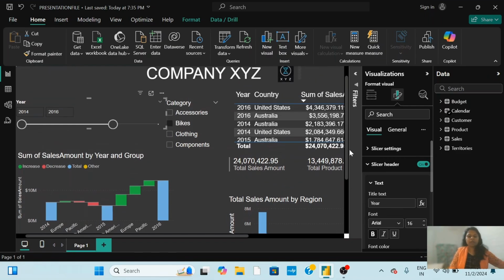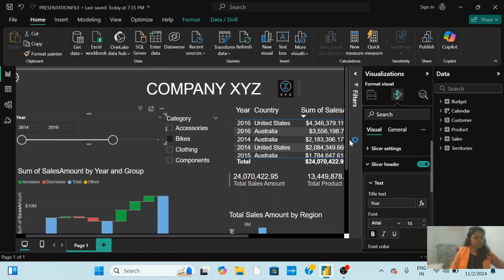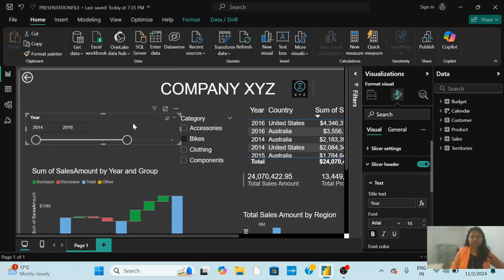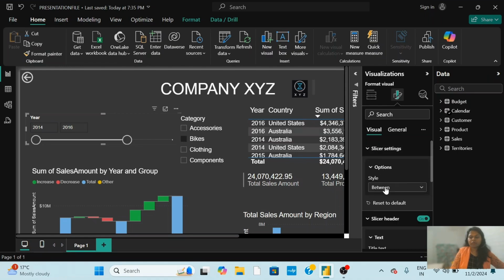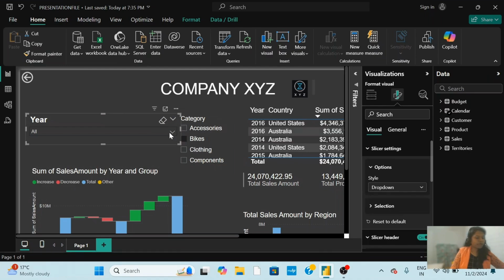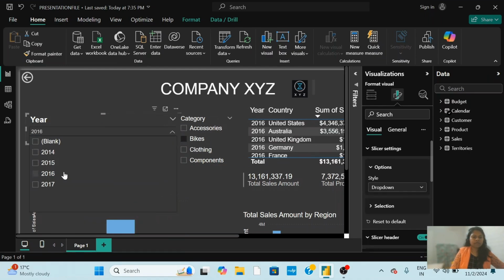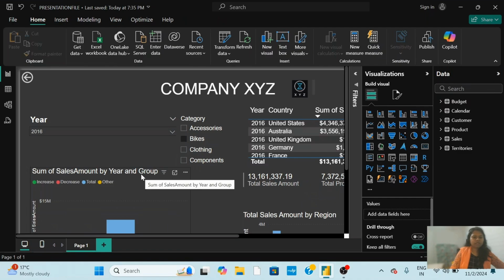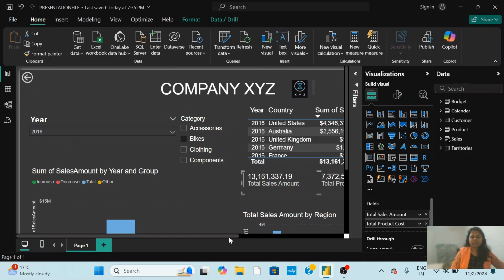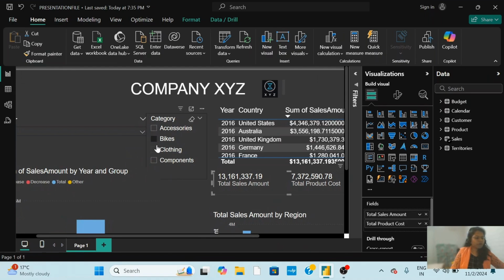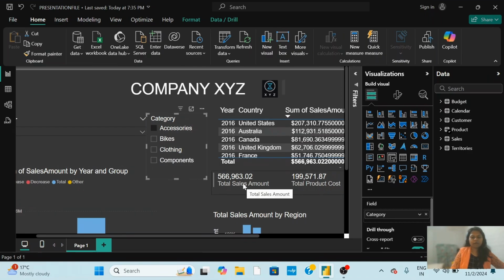To start with the report, the total sales amount of accessories in 2016. So for 2016, we need to have the slicer only as a drop down. So we will change the slicer settings to drop down, and we will select the year as 2016. On selecting the year 2016, we can see the total sales amount of 2016 is depicted and total product cost is also depicted for accessories. When we click accessories, the data will be according to accessories,